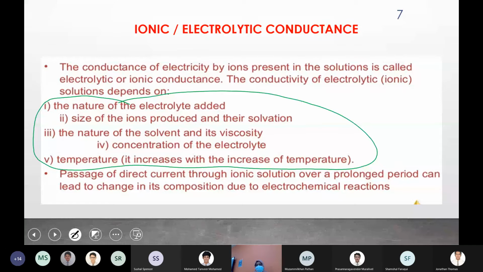So if you pass electricity through an electrolyte, you know that electrolysis happens. That means a chemical reaction will happen and the chemical composition will change. So this may not continue for a very long period of time, because once a chemical reaction happens, the ions are no more there. Oxidation reduction happens. Some ions are newly getting formed and some ions are getting reduced. So this is what happens when you start passing electricity in a freshly prepared electrolyte.